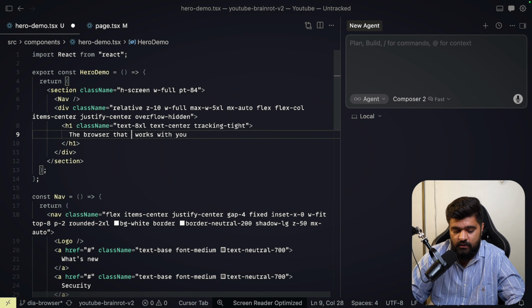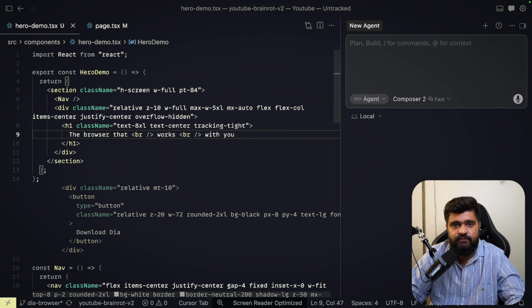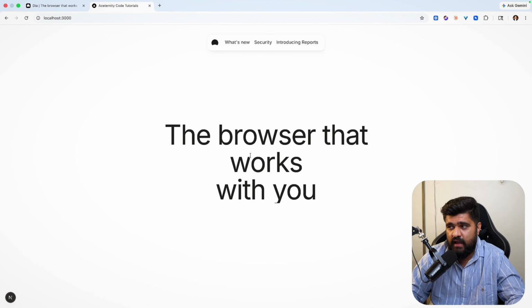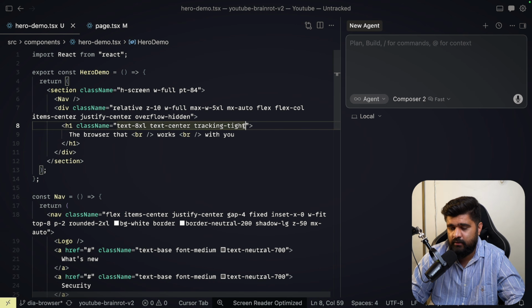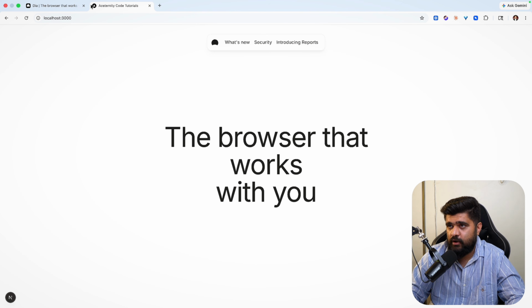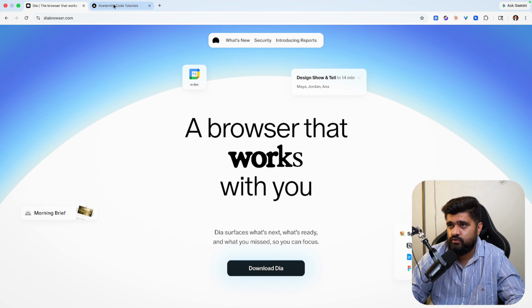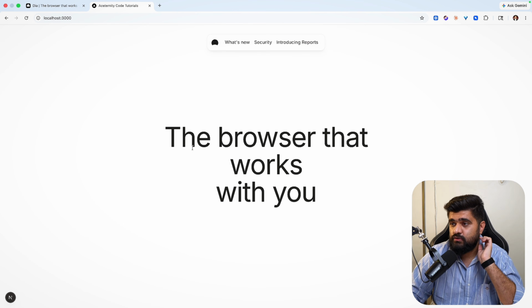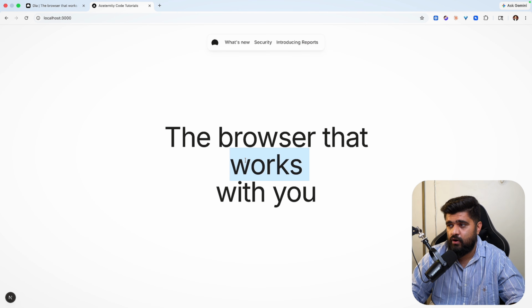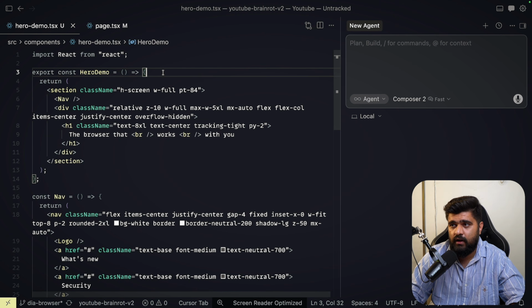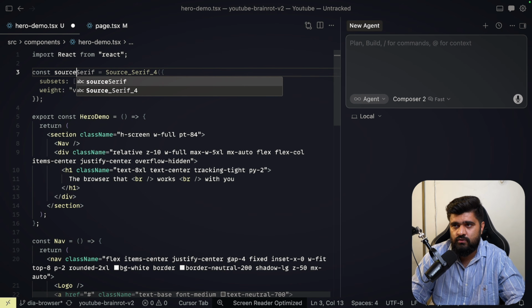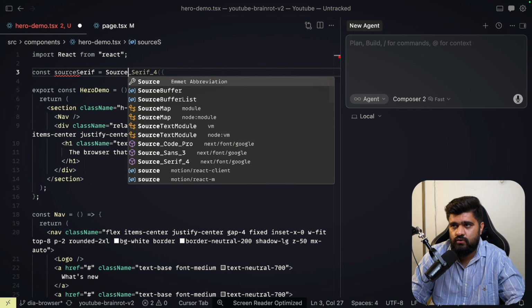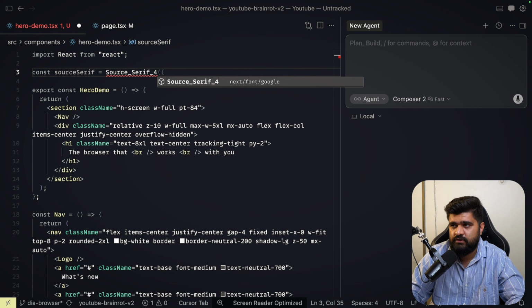Browser that. Now we want to match it with the design that we see on Dia, and this works actually has to animate. I'm not sure why this weird spacing is there, but I'll give it maybe. So this is fine, the browser that works with you. And I want to use a different font. All right, so this is what we have. Now I want a different font for works, but I'm going to go ahead and do it entirely for this. For font, I'm going to use a different font. It's called source serif, const sourceSerif, and it'll be Source_Serif_4, which I'm going to import from next